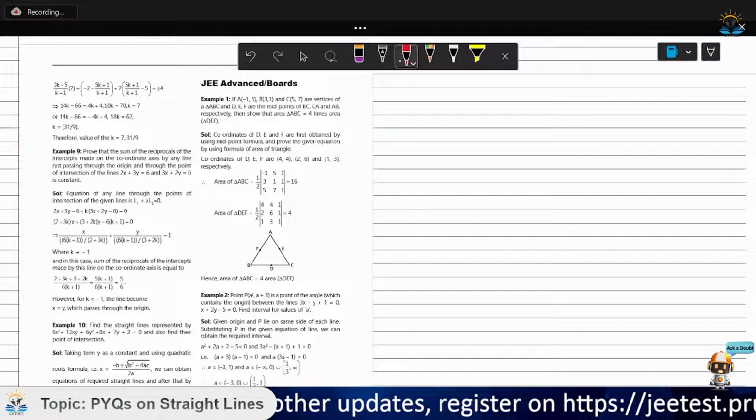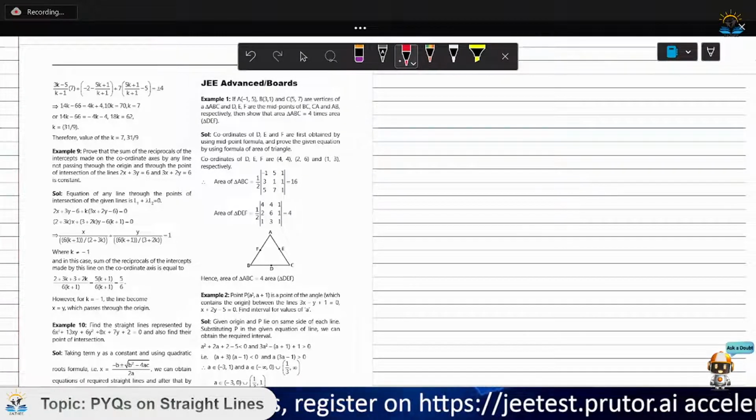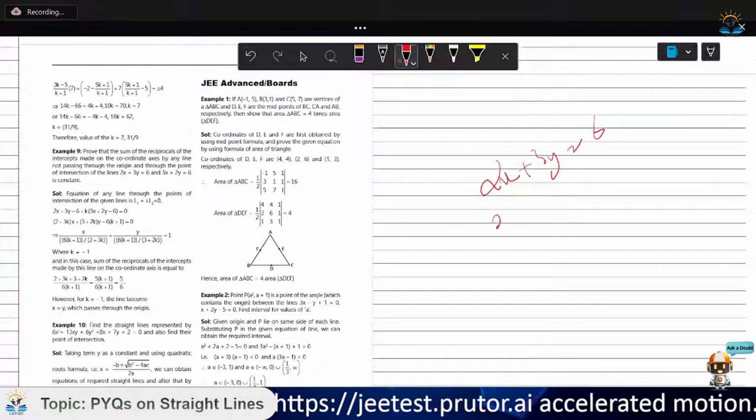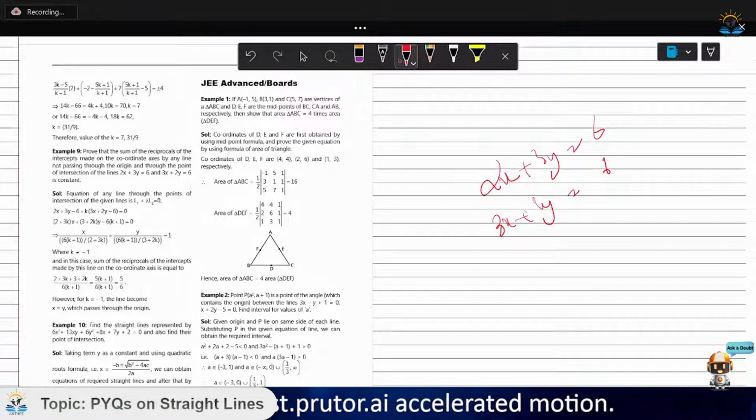Okay, so you might have thought through a solution. It's a very easy question. First, let's calculate the intersection point. 2x plus 3y is equal to 6. 3x plus 2y is equal to 6. So how do we go about it is